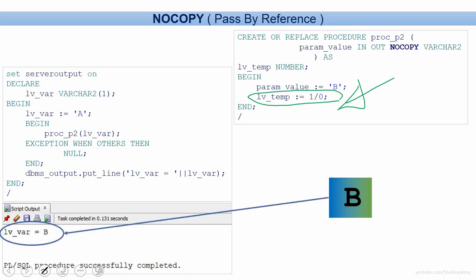printed here. See, the key learning here is that in case of an exception raised, since the memory location is shared by both the formal parameter and actual parameter, there is no guarantee that in case of an exception raised by the calling program, the memory location still holds the same value whatever we passed as an input.